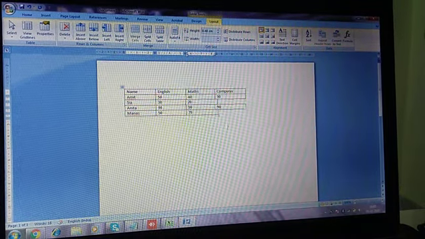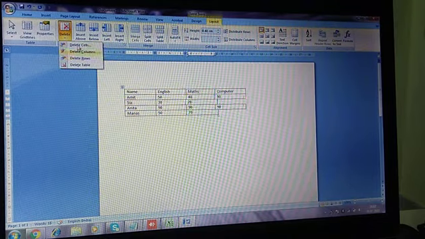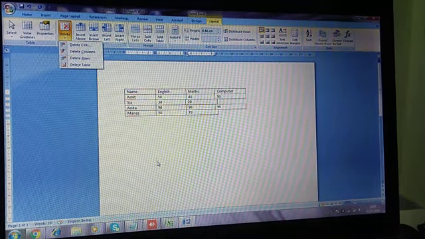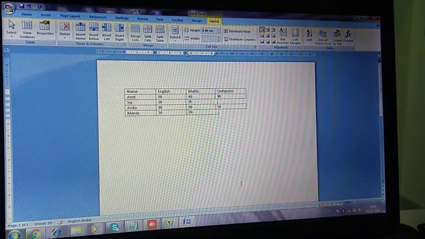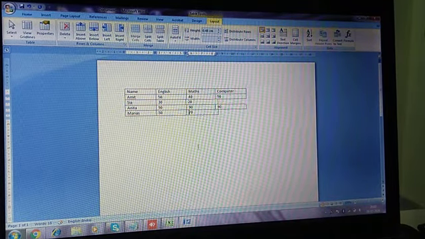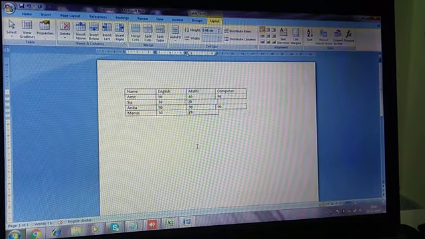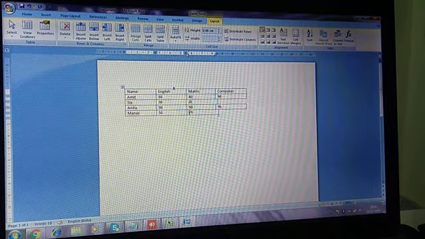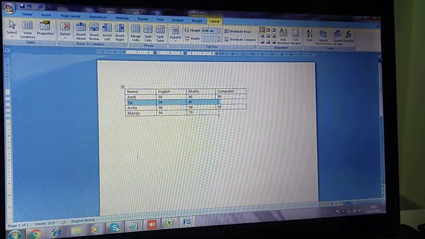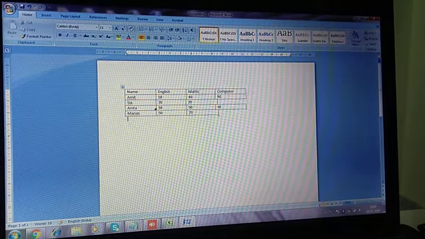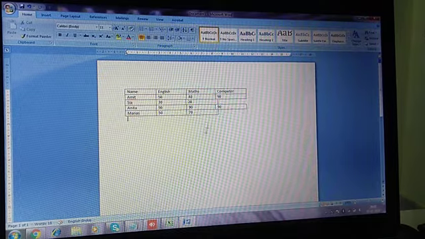Fine. Now one more thing is there: how to delete the entire table. We have learned how to delete the cell, the column, the row. Now how to select the entire table and delete it. We have learned how to select the column, the row, the cell, but how to select the table?